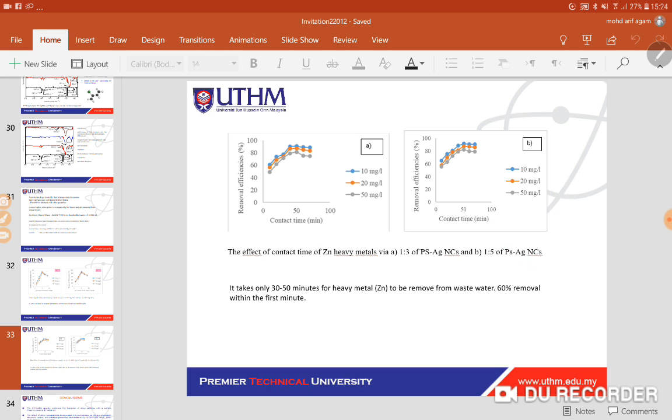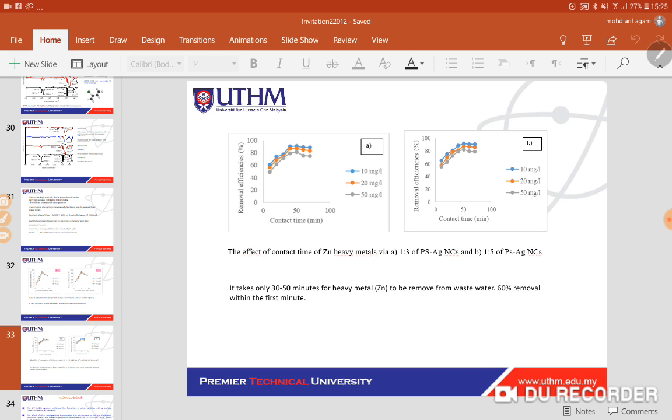We can see that within the first minutes of the contact time, nearly 40 to 60% of zinc, the heavy metal, has been successfully absorbed by these polystyrene argentum nanocomposites, and nearly 100% within 50 minutes. So meaning that